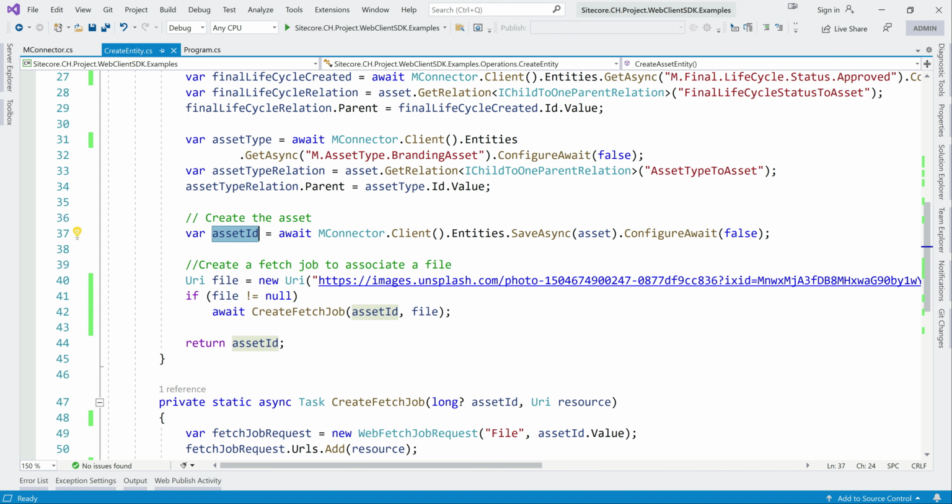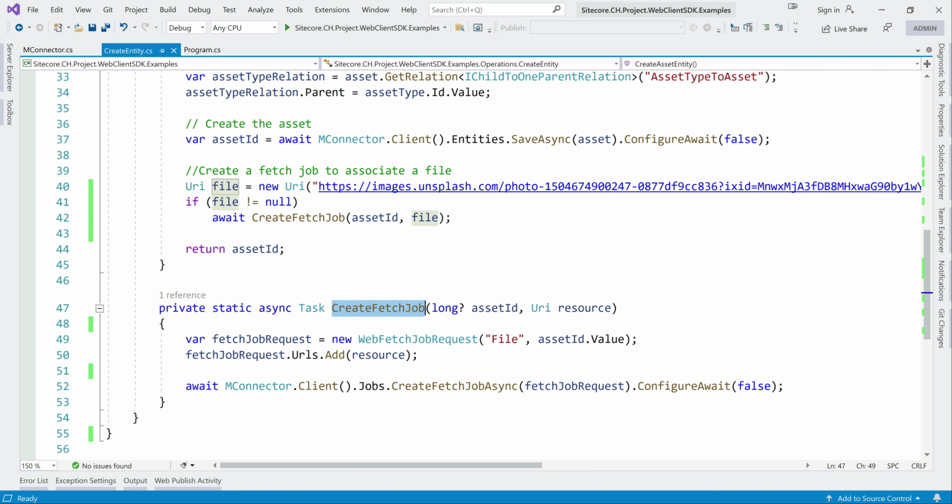Next we need to create a fetch job. How do we create it? A fetch job requires a public URL as well as the asset ID. The public URL is from the Unsplash image. Then if the file is not null, you pass it to create fetch job with the asset ID and file.